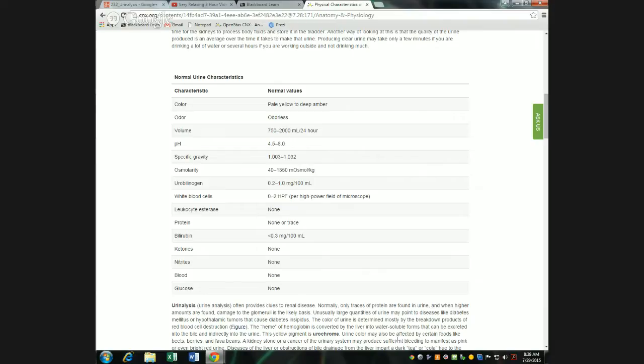Now, usually in organs that have a cortex and a medulla, like the adrenal gland that we looked at in the microscope for the endocrine system, or the ovaries, which I'll mention later on, the medulla is just the center mass of the organ, and then the cortex the outer covering. For the kidneys, that's not exactly the case. The medulla is actually organized into discrete little clusters of tissue called